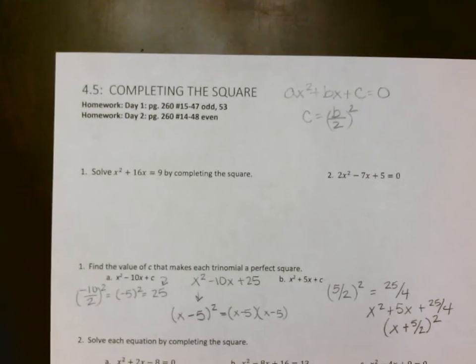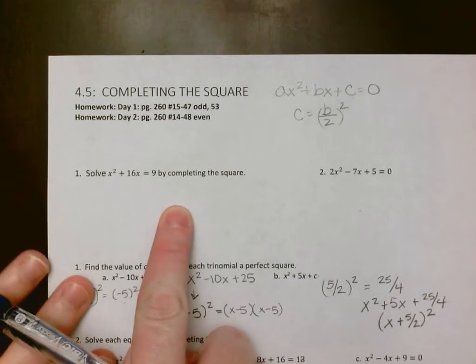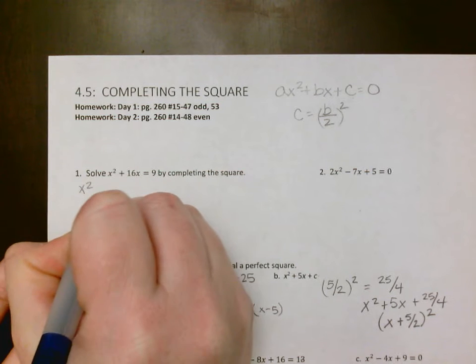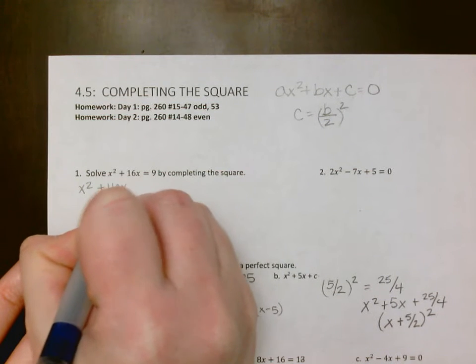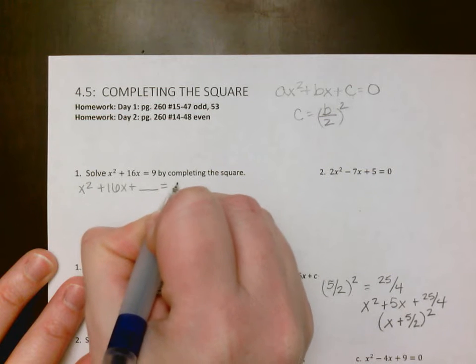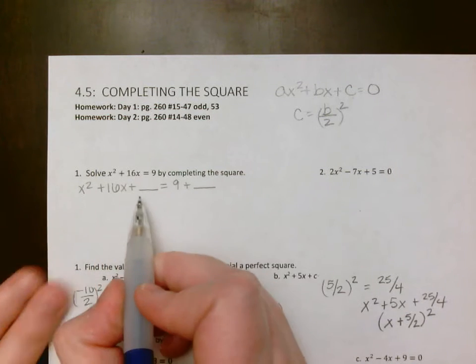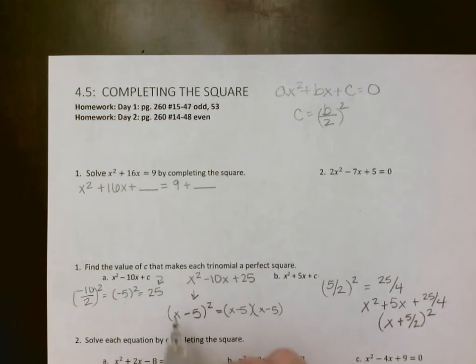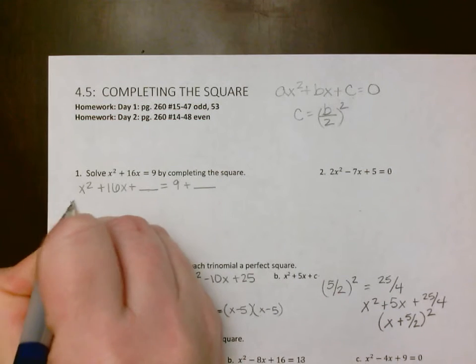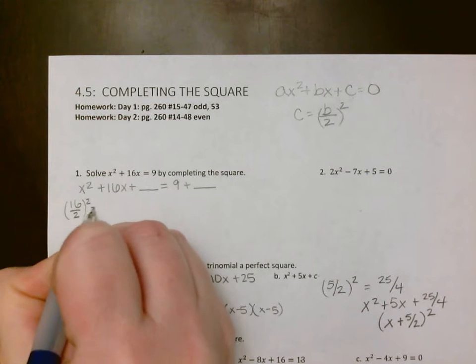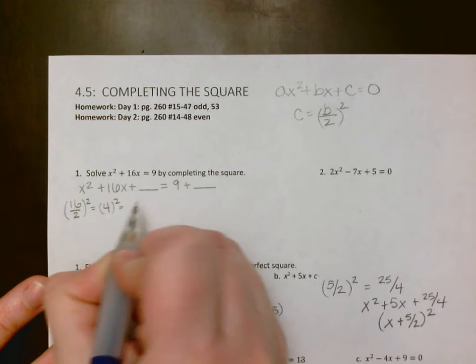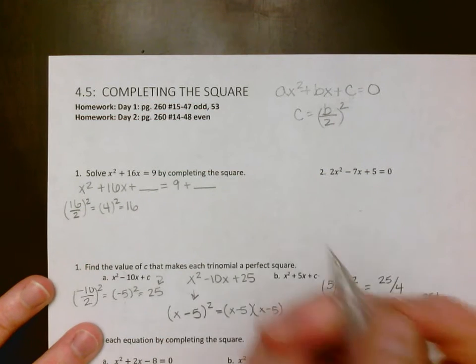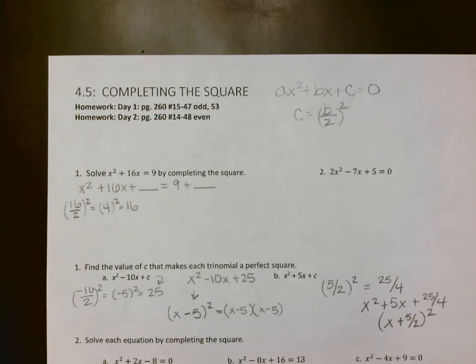So what does that mean? Well, we're going to solve this equation up here by completing the square. So what we'll do is make this into the perfect square. So x squared plus 16x plus something, which is that c value, equals 9 plus something. If I'm going to add something to the left side of the equation, I have to add it also to the right. This value that I'm going to add is just like what we did down here for the c's. 16 divided by 2 squared equals 4 squared, which equals 16. So I'm going to add the value of 16